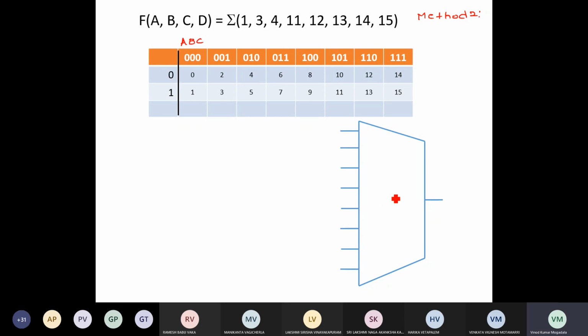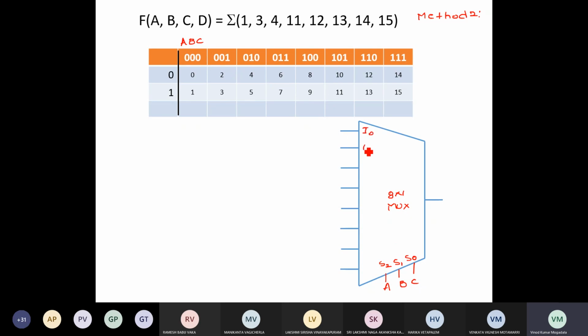Selection lines: we are implementing this also with an 8x1 mux, right? We'll have 3 selection lines, S2, S1, S0, and I am connecting A, B, C only. If all are 0, 0, 0, it will select I0.